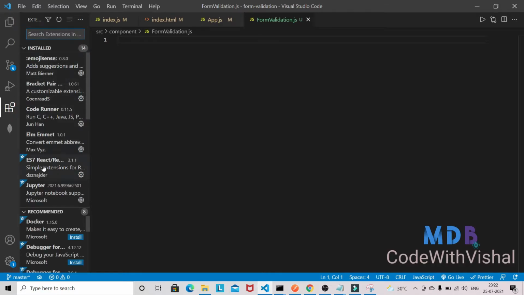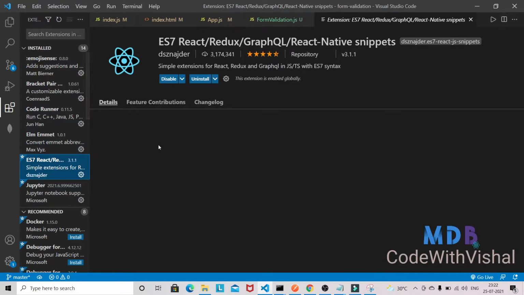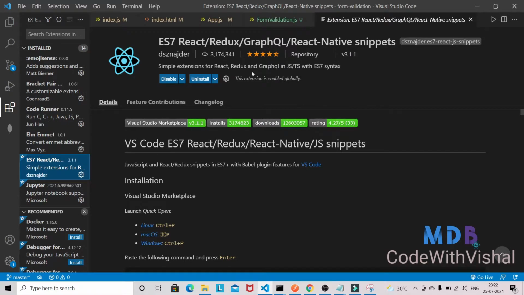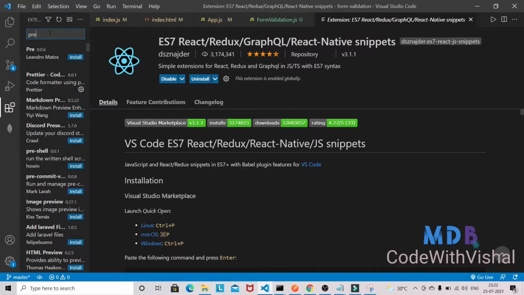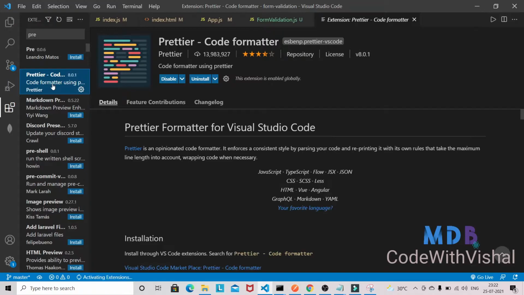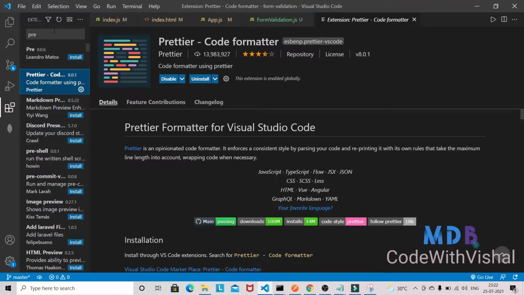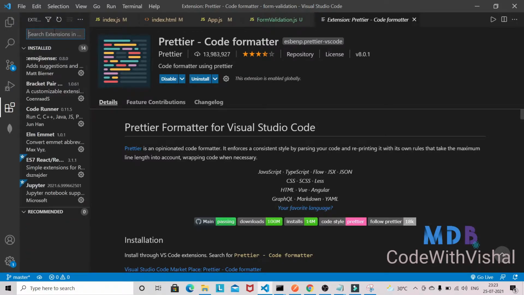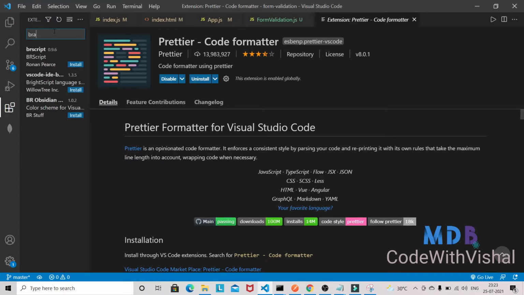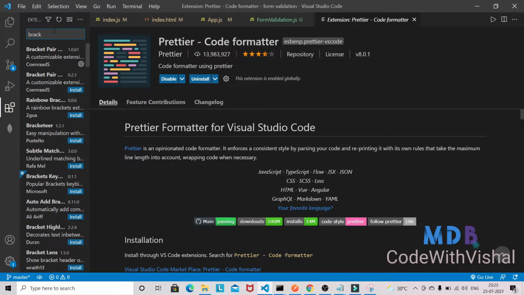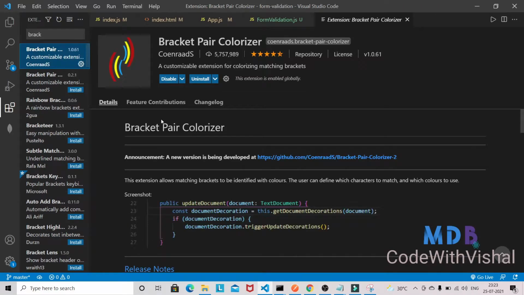This extension I am using to generate snippets, and I am also using Prettier to format the code, as well as one more extension, Bracket Pair Colorizer. Basically it will colorize all the opening and closing brackets in your code.